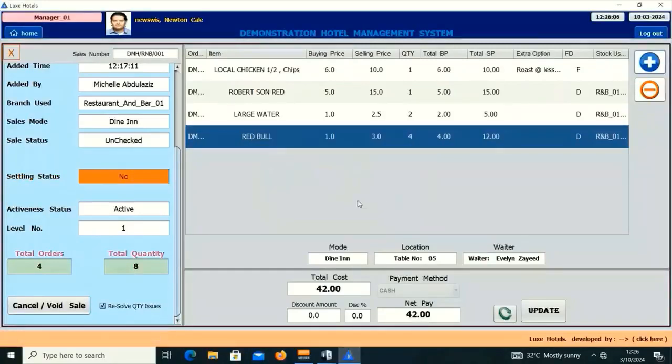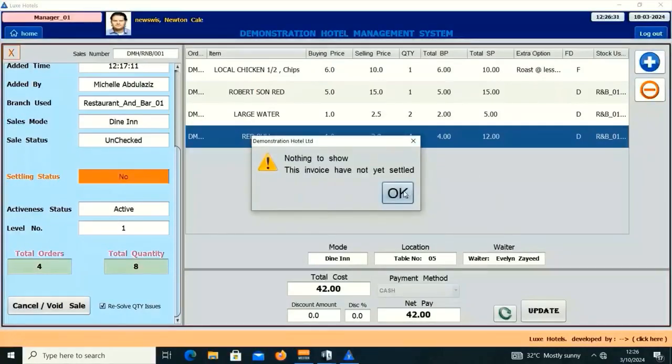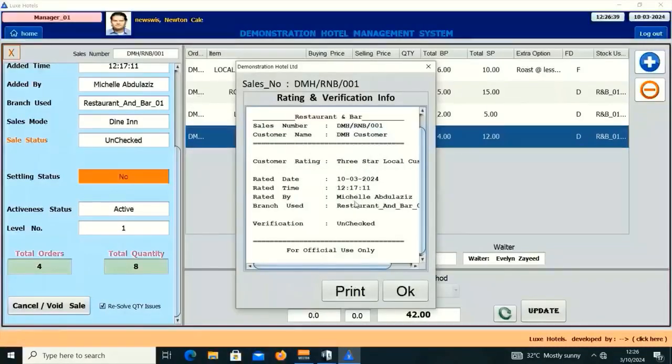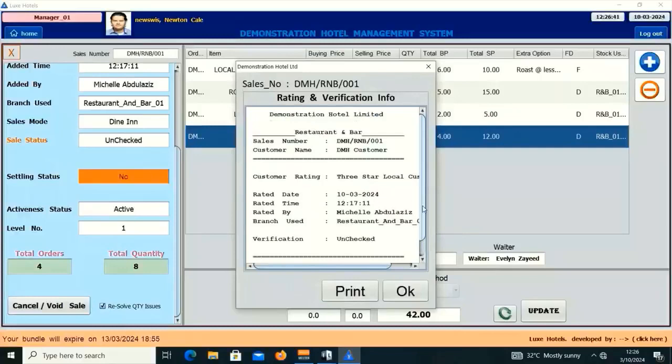If this sale was already settled, all the information about the settlement, up to the payment method, was supposed to be shown by this click, but now this sale has not yet been settled. The manager can see the sales status. Okay,